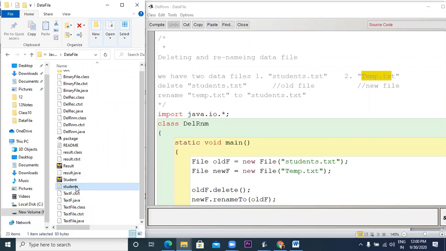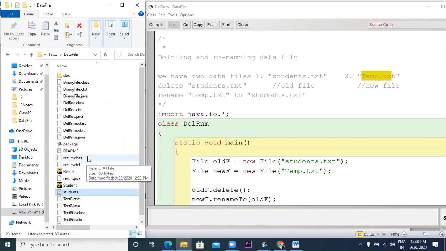So we have student and where is my temp.txt?